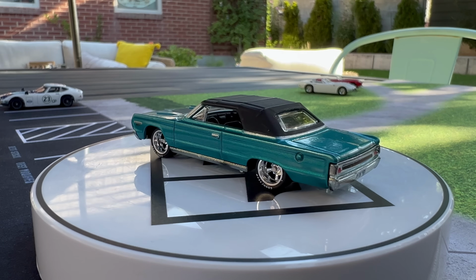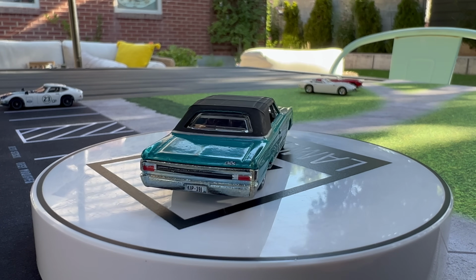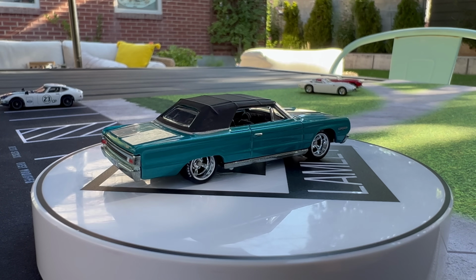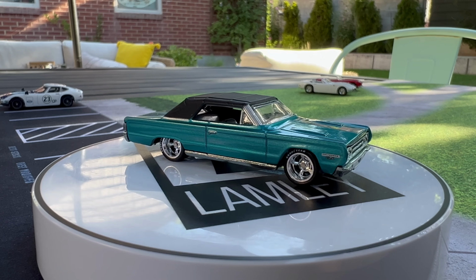They actually made this look like a soft top. It's actually a full die-cast model that they painted. You know, they molded the roof into it to make it look like a convertible, and then painted it in that kind of matte black. But no, we haven't seen this one again. It might be one that we see return, but I would love to see it in